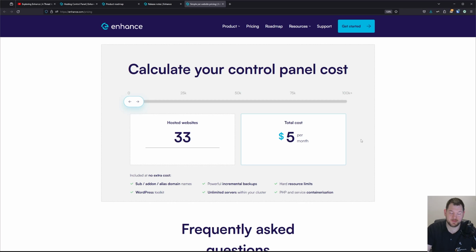And this is also what makes Enhance a really great choice for digital agencies or for hosting companies who want to start their own business with hosting and want to have everything done right. So Enhance gives you all the options, all the tools for $5, which is amazing. And also when it comes to support,